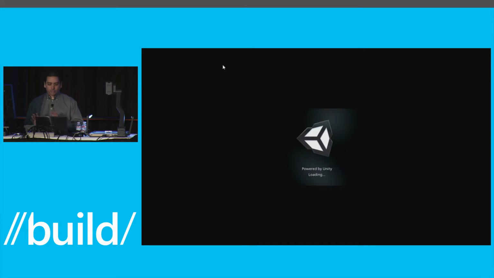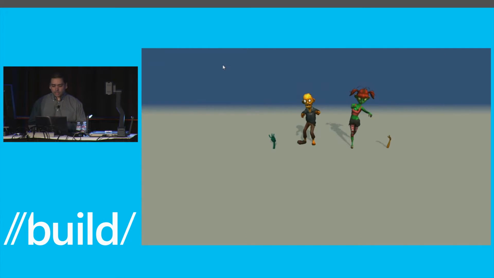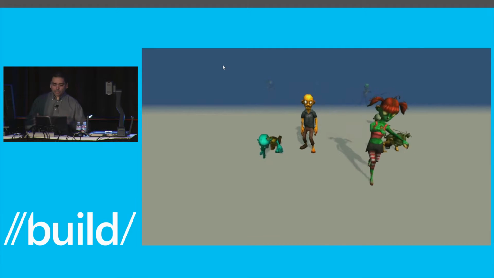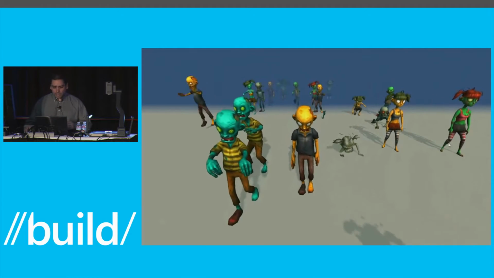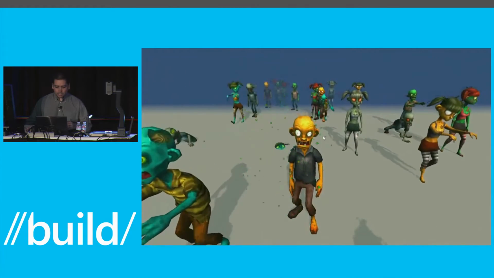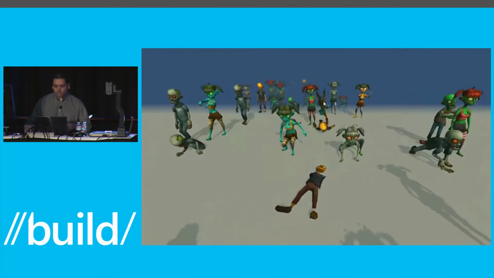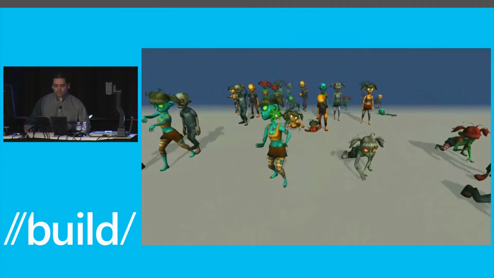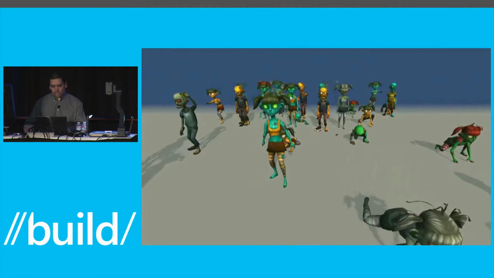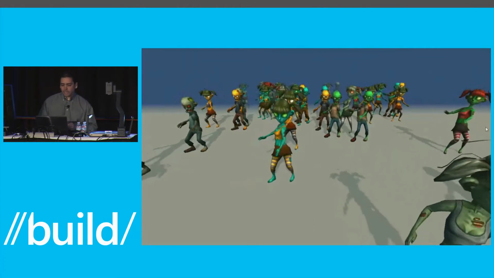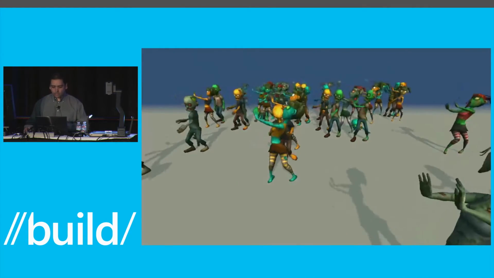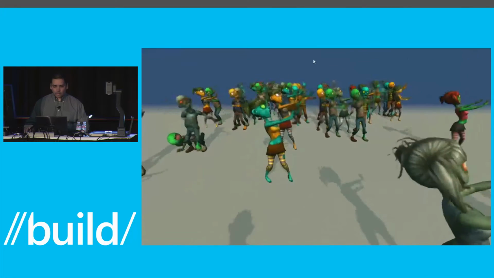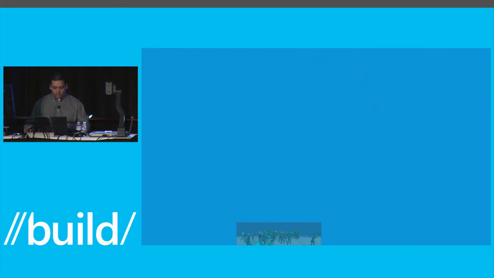This is just a sample scene, it hasn't been optimized. I didn't tweak the splash screen or anything like that. So here's our zombies, and they're just walking around, and you'll see more zombies come around. And for example, I can knock them out here. So if I tap with touch, or if I use my mouse, I'll just start knocking them out. And the more interesting one is, for example, when I can make them dance a little bit. So it's just a little simple scene. I wanted to show you something that would build quickly enough. So now that's it running on Windows 8.1.